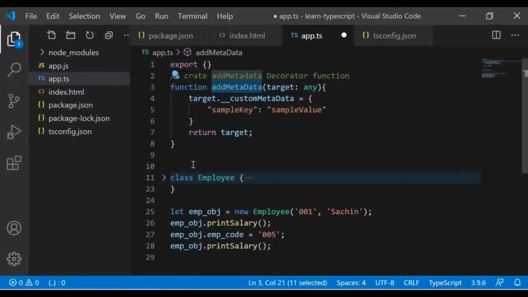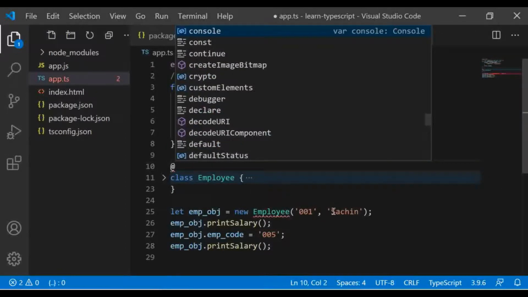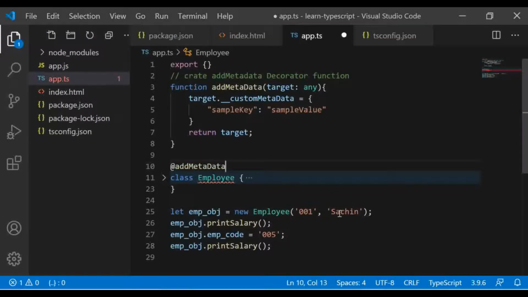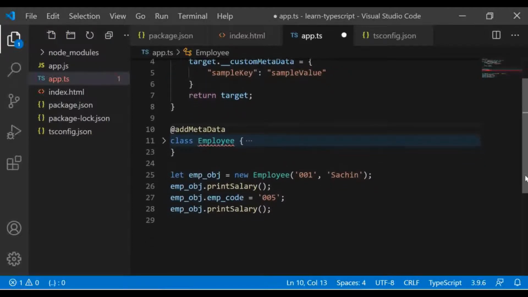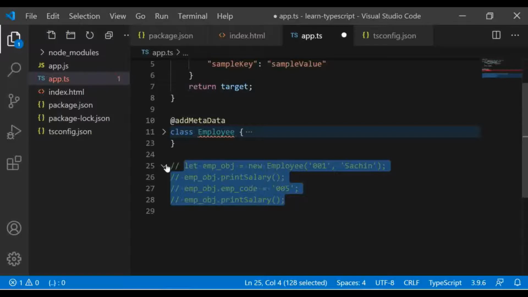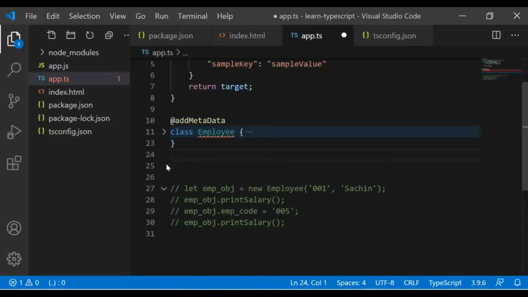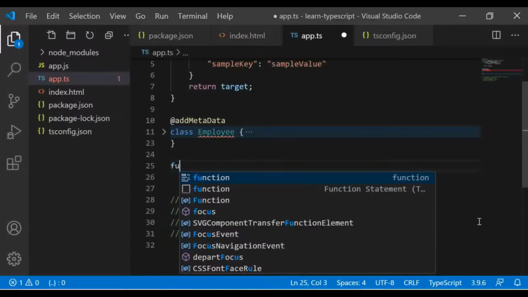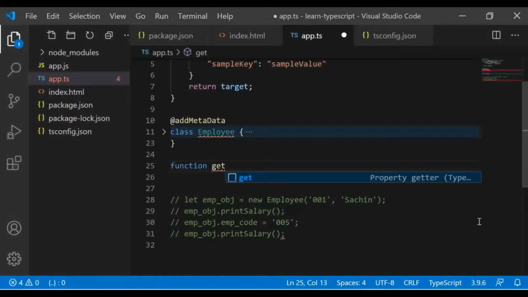To call this decorator, we need to use @ before the function name like this. One thing to remember, class level decorators are formed during the creation of the classes and not during the instantiation. Now let us test this decorator using another function called getMetadata from target.